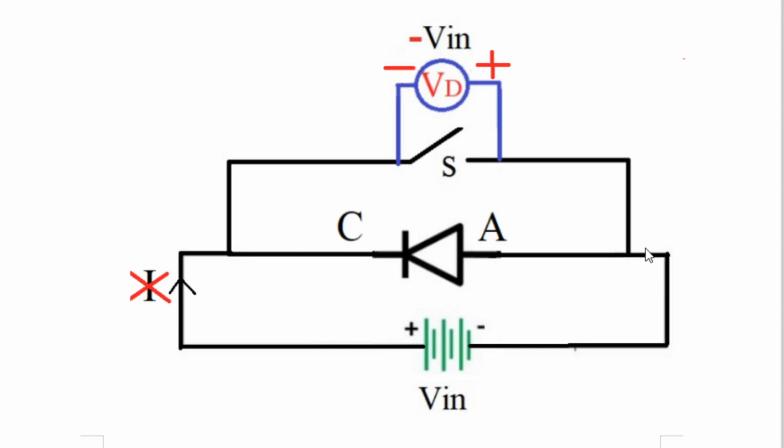Here the anode is connected to the negative of the battery, the cathode is connected to the positive of the battery, and no current flows because the diode is reverse biased. So when no current flows and the diode is reverse biased, it is behaving as an open switch. As I told you, the voltmeter is always connected such that the positive of the voltmeter is to the anode of the diode, and the negative of the voltmeter to the cathode. Therefore the positive of Vin will come like this and go to the negative of the voltmeter. Then the negative of Vin will go to the positive of the voltmeter, and therefore the voltmeter measures this applied input voltage as minus Vin.